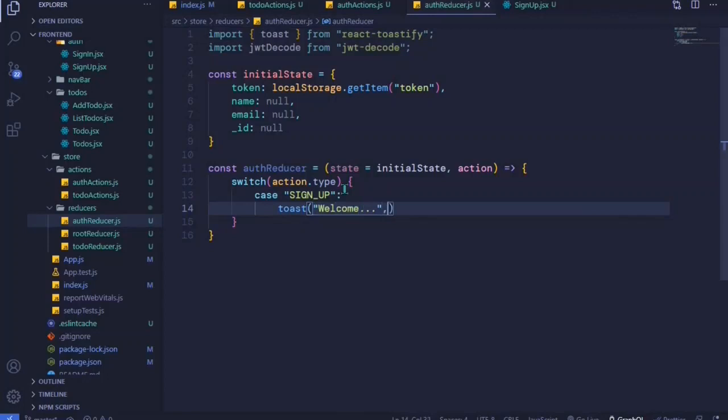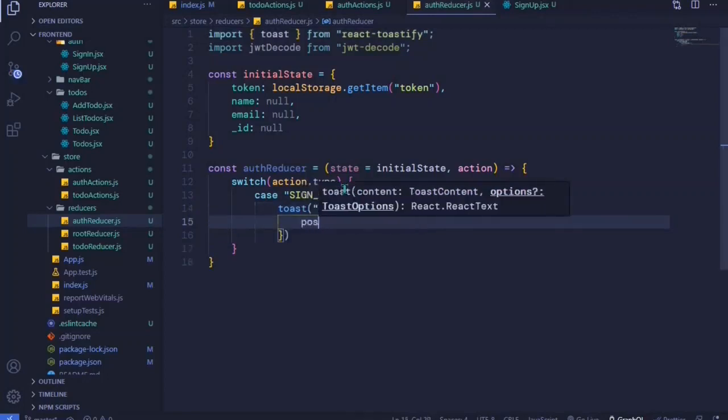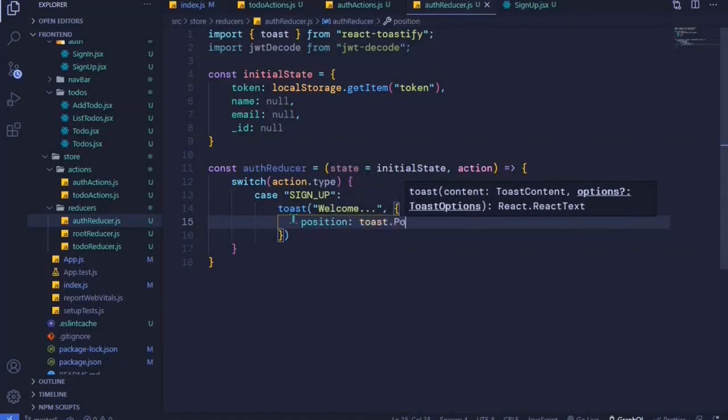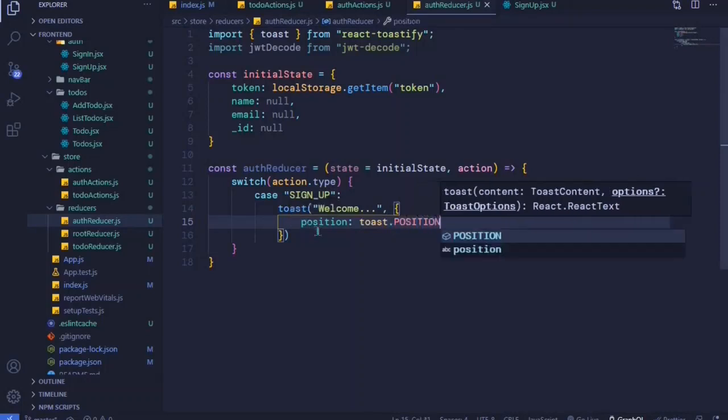And then I can position this to be at the bottom right. So position, toast.position. It should give me a suggestion, but it's not. Okay,